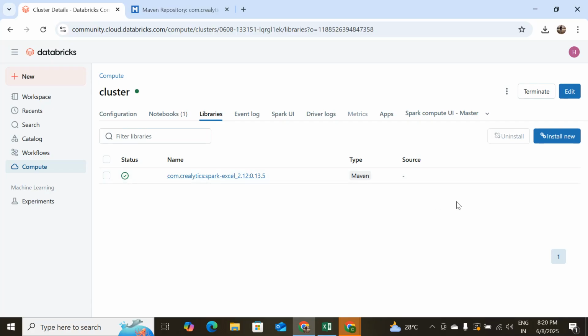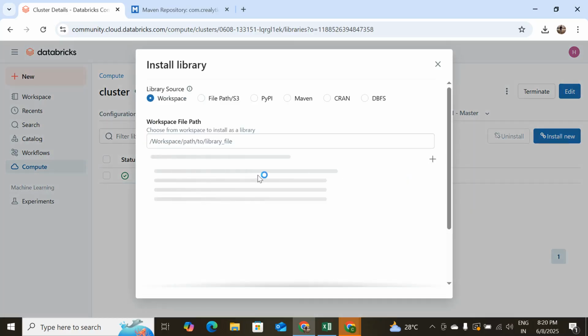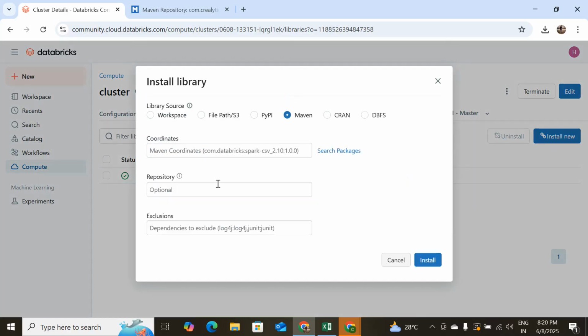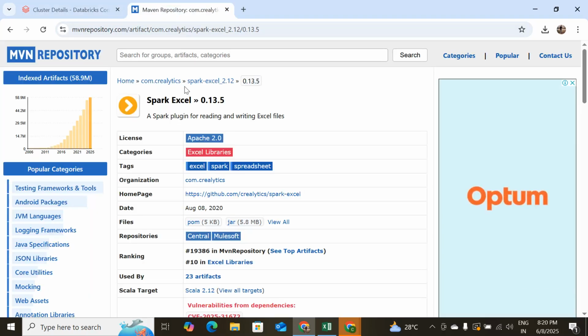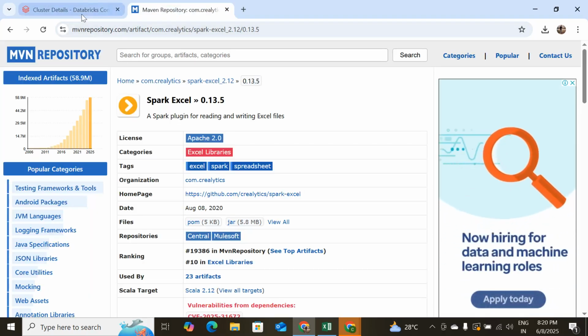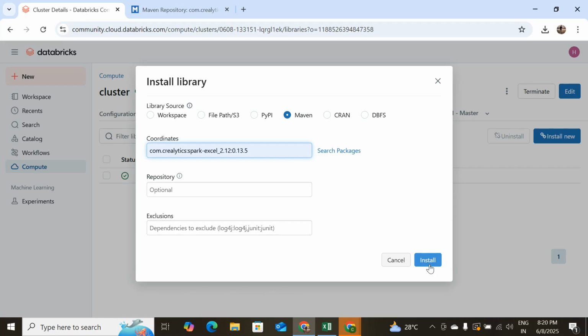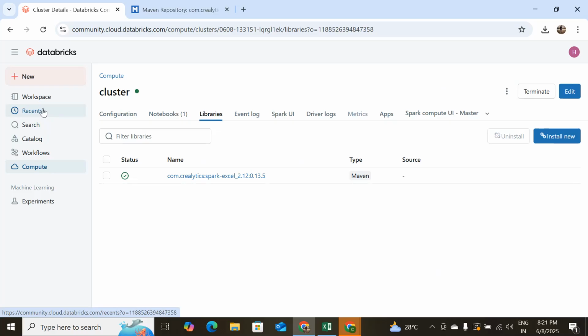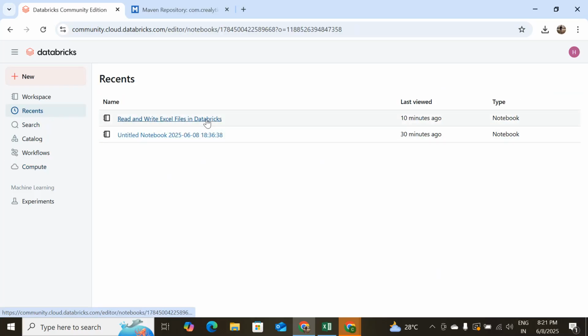If you want to install a new library, you can click on install new and check out for Maven, and here you can specify Crealytics and its version. This Crealytics is already available in the Maven repository. You just click on install. Okay, if I go back to the worksheet,